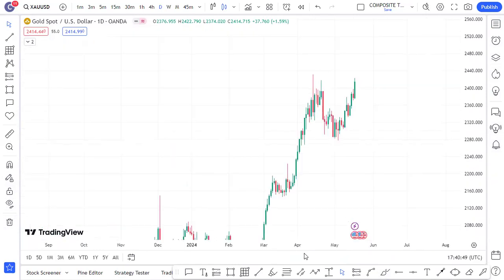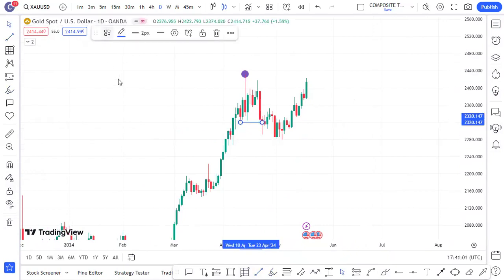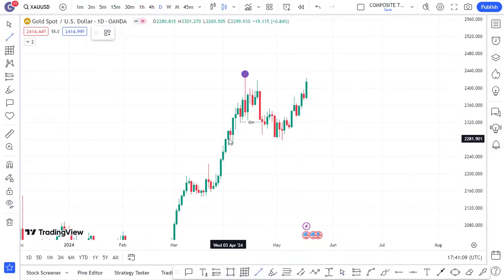As we can see here, this is our high. This is a daily time frame, and our inducement is here. This is our inducement on gold, and we have our liquidity sweep on this previous candle here. So this means that this is a point of interest for gold, which is a demand. This is a demand that we got our attention here.